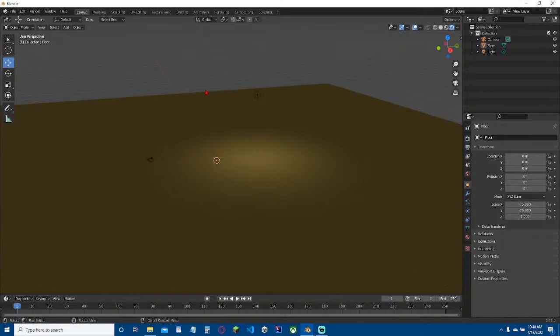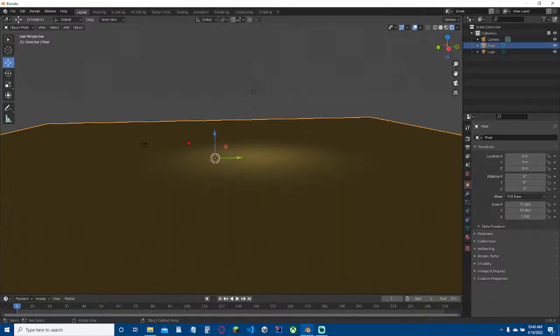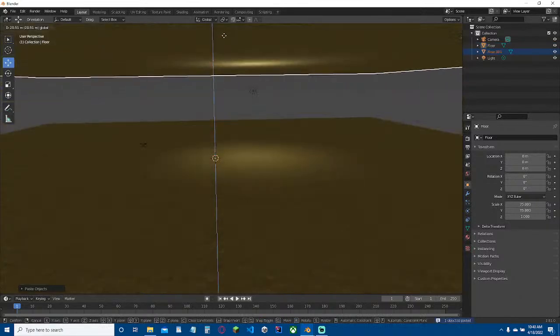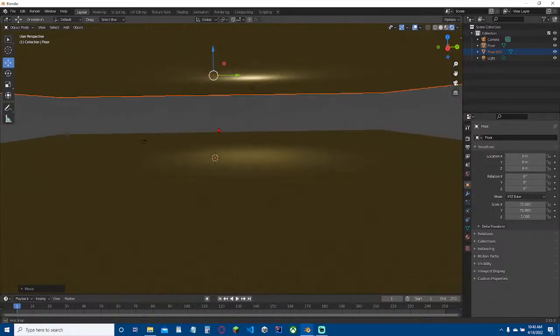So let's make the ceiling. So we want it to be equal to the floor. So why don't we actually just duplicate it? So Control C, Control V. We're gonna bring this up, and maybe about